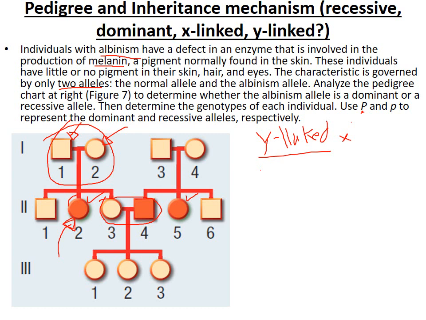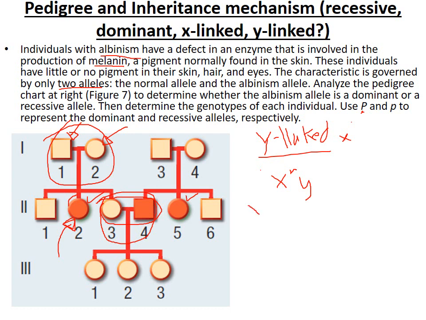You can take a look to see if you can refute the X-linked hypothesis. So let's say it was X-linked recessive. Let's just assume that we're guessing that. I'm going to do a cross between individuals 2, 3, and 2, 4. So if it's X-linked, then what that means is the father is X little r Y,